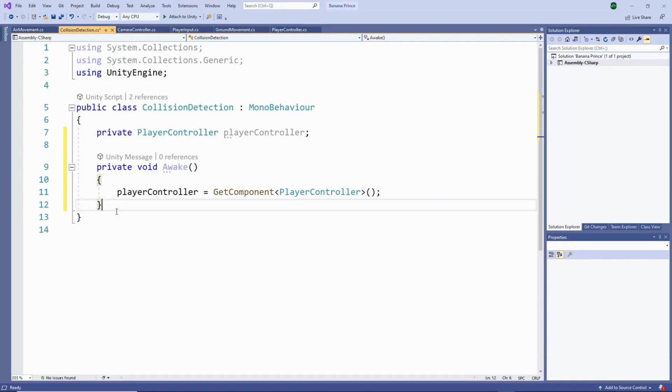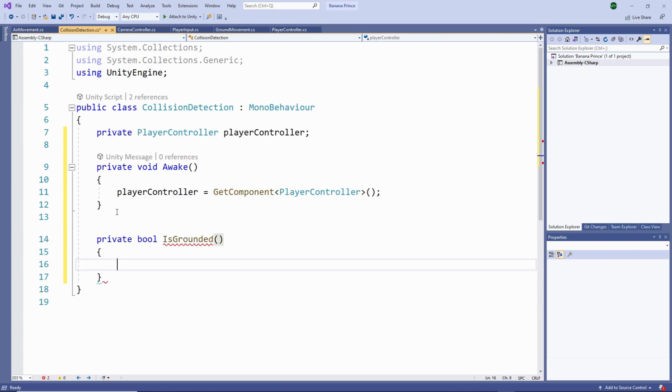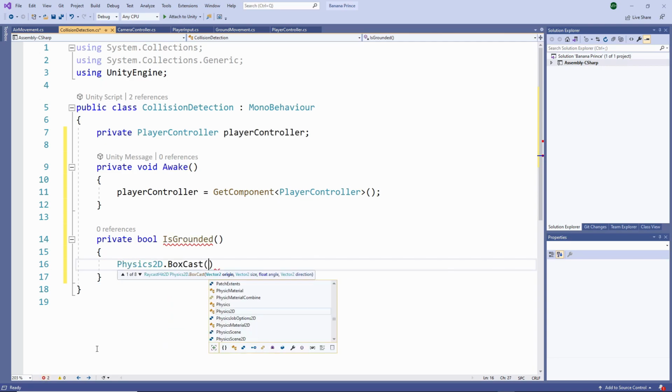Now in here, we will make a new function to check for ground. So private bool, and we will call it isGrounded. And in here, we will use Physics2D.BoxCast. Then here we need to pass the origin and size of the box, and we can get these from our box collider. So we'll go back to our player controller,